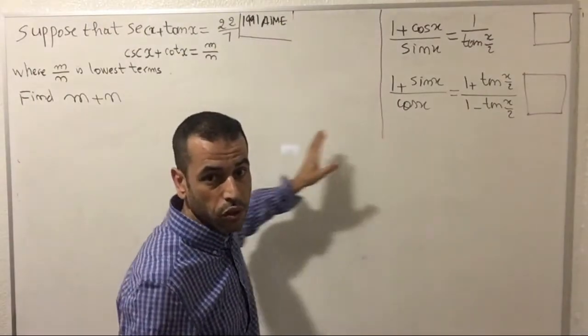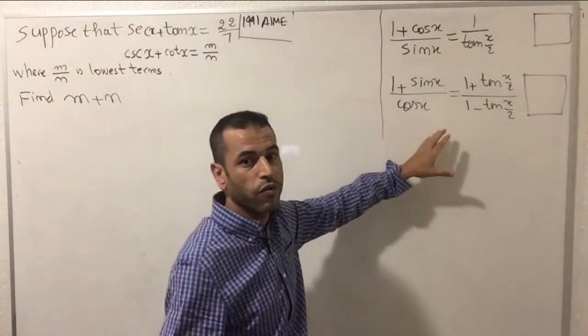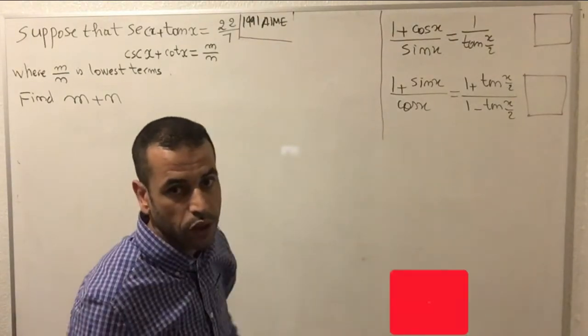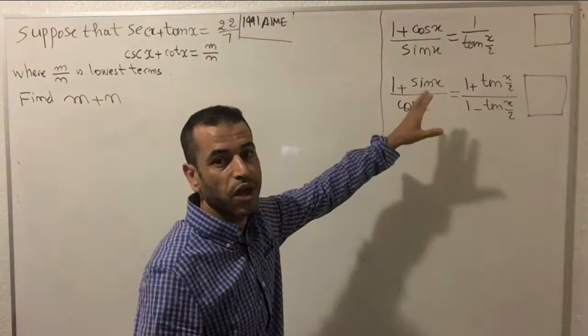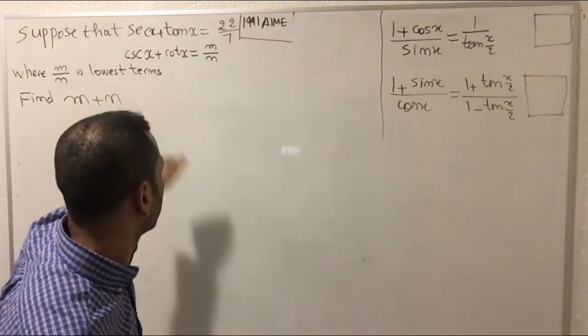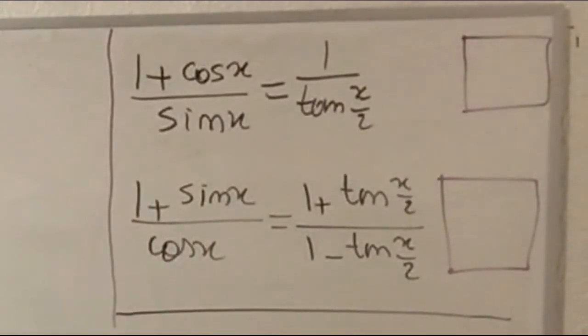By the way, in order to calculate this one, I'm going to prove this one first because this one is a part of the problem, okay? I want to show both identities before I go to the main goal, okay? So let's start with the first identity. So we have